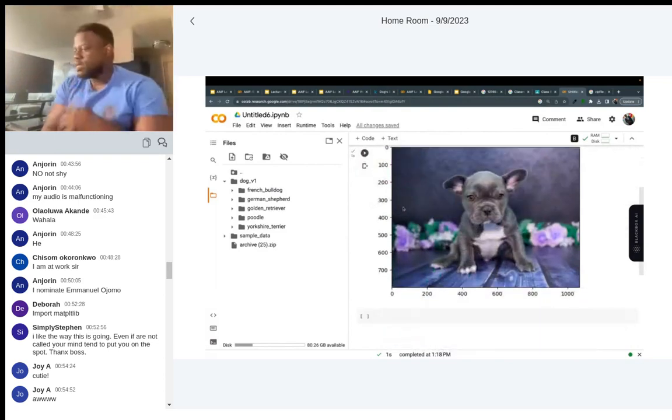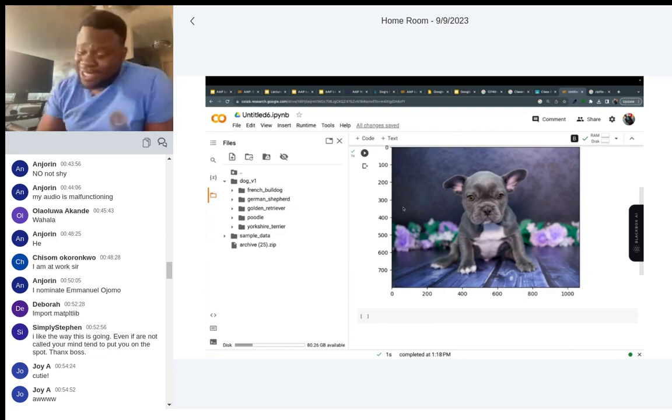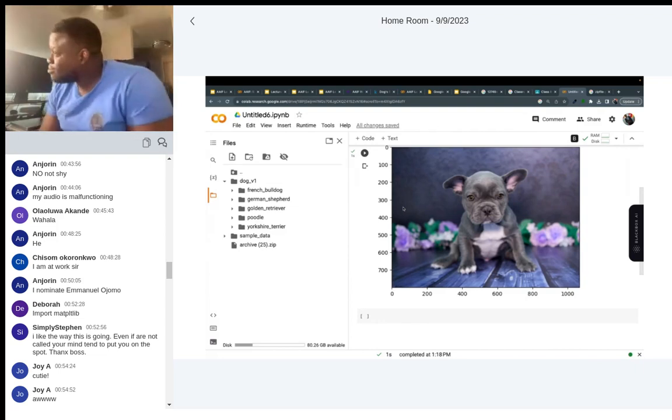So what do we do next? I know you've asked the question, so take your time. In my mind, we're pre-processing or trying to understand the data. We just looked at a few of the images in each folder.